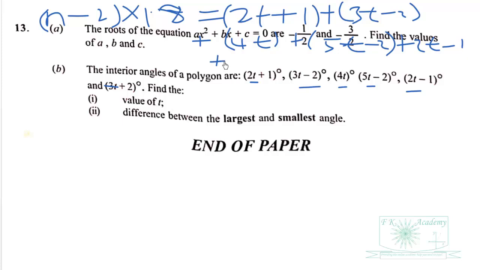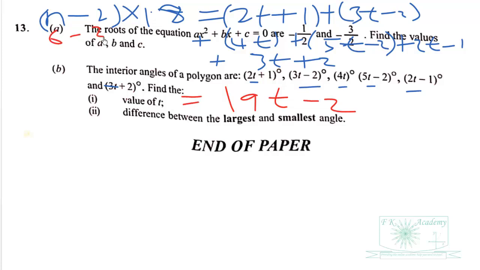And you add it to 3t plus 2. So when you add all, what are you getting? We are getting 19t minus 2 is equal to